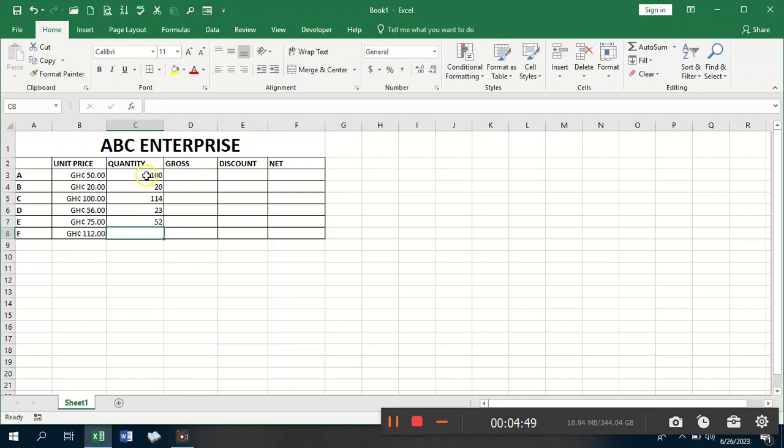52, 45. Okay, so we bought quantities now. Now, how do I get how much I'm paying for this? I have to multiply this and that. Okay, so that brings us to today's lesson,